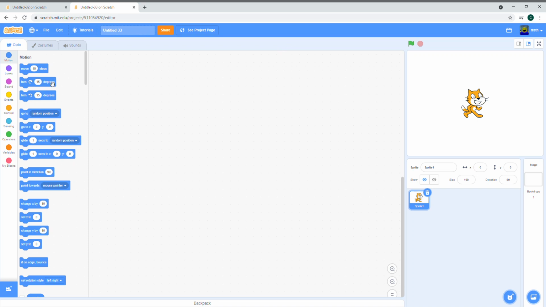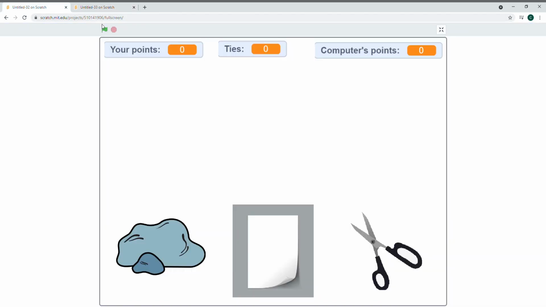Hello everyone. Today I'm going to be showing you how to make a rock paper scissors game. So this is the preview of what we're going to be making. So you choose whatever you want